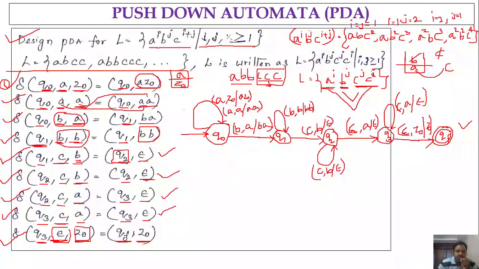So what we have to do is compare the number of A's and B's with respect to the number of C's. Definitely we have to push A's and B's, and make a comparison with respect to the number of C's. So how do we push and how do we compare? Based upon that, we have to implement this push down automata, and we need to write the transition functions like this.